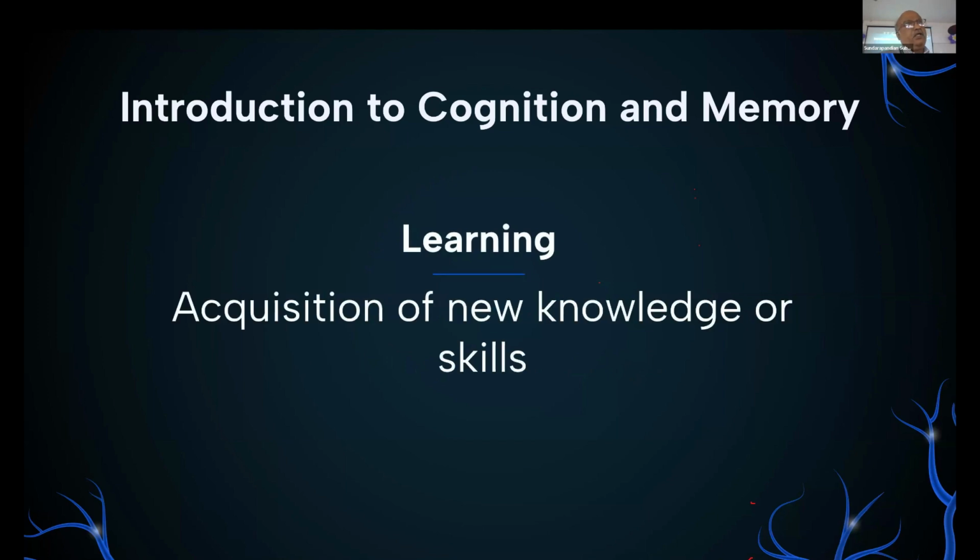Next, what does learning mean? Acquisition of new knowledge and skill. Have you acquired any skill so far? Already 9 months are over in first year. What are all the clinical skills you learned? Feeling the radial pulse, so all of you are clear. That is a basic thing you have to learn. Measuring your blood pressure, and all these skills.